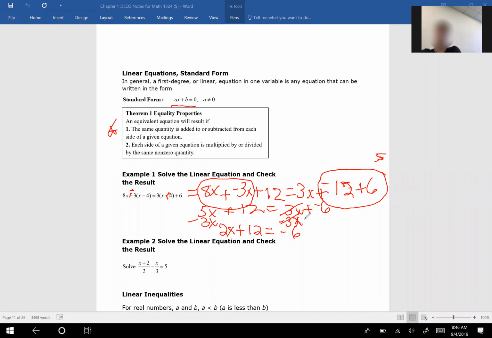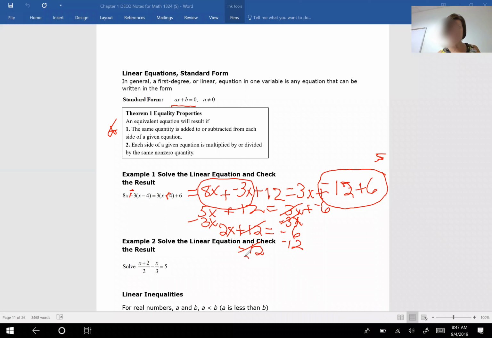That's why we use PEMDAS backwards when we're solving for x. It's the same idea as when you're unwrapping a package. You've got to do it in reverse order of how it got put together, okay? So what do you think we're going to have to do to get that x by itself? Remember, it's PEMDAS backwards. So the first thing we need to undo on the left side is to do what? -12, because remember that x, if I knew what it was, would first get multiplied by 2, then you would add 12. So I've got to go in reverse order. That means I undo addition or subtraction first. So if I subtract 12 from each side,